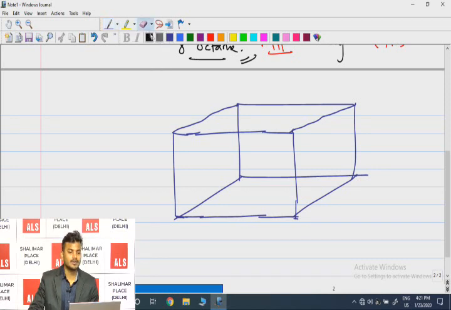Alright, so this is the actual situation. You see, this is a room, right? This is your room. Okay, now you have to do 1, 2 and 3. These 3 planes you have to divide. When you divide by these 3 planes, you will get a total of 8 octants. How is it? You see,